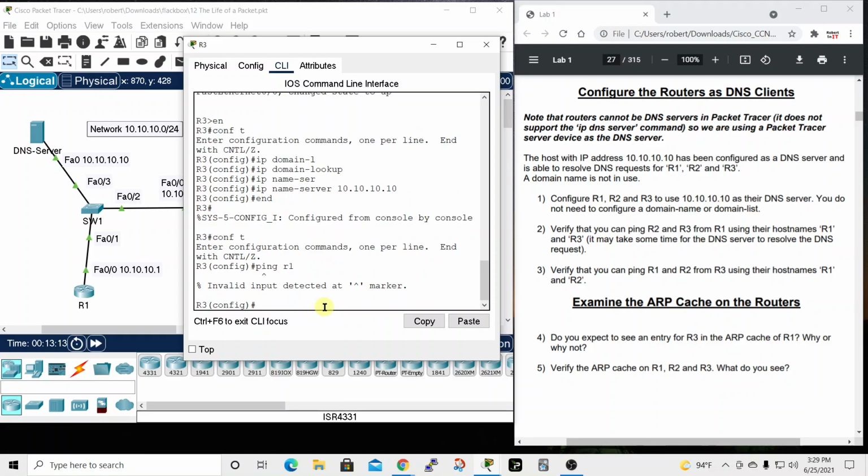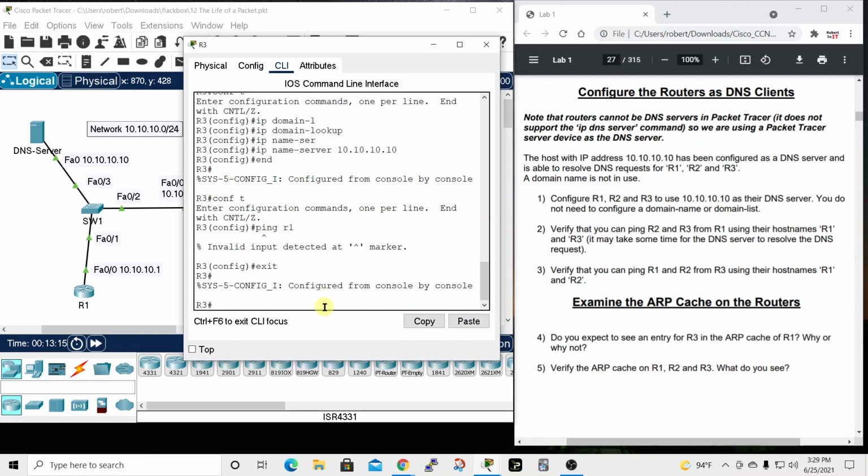Oh, I'm in the wrong mode. Let me drop down a level. I need to be in privilege exec mode. So it's ping R1,